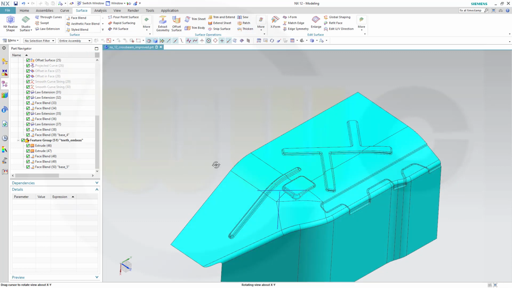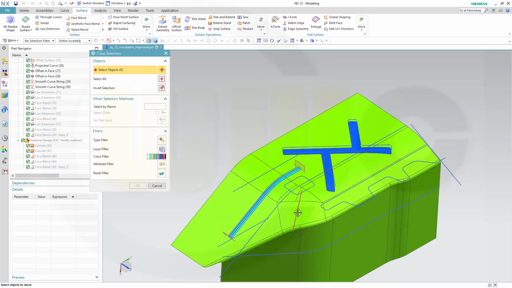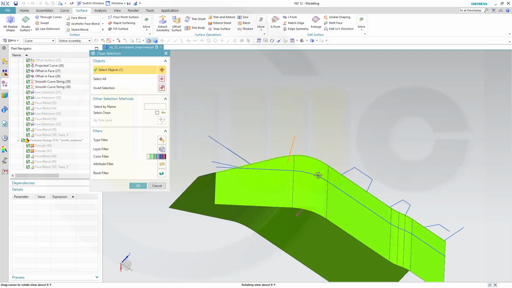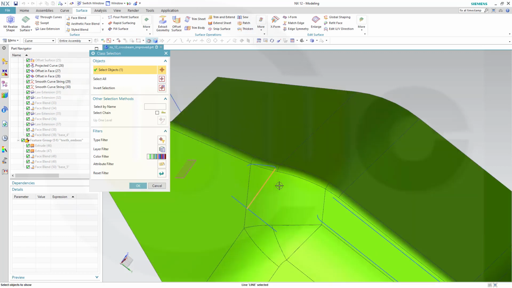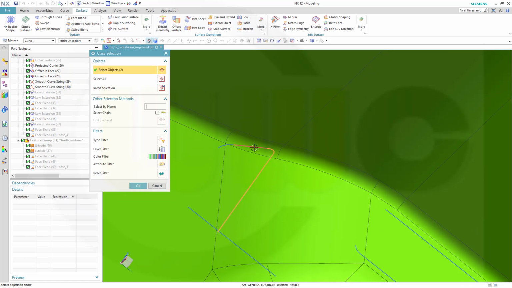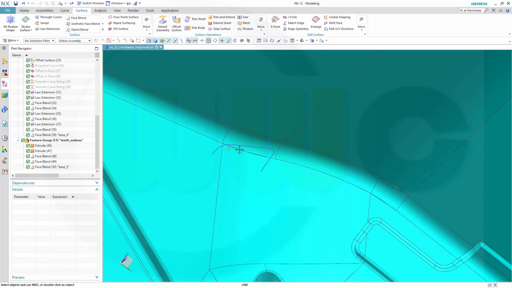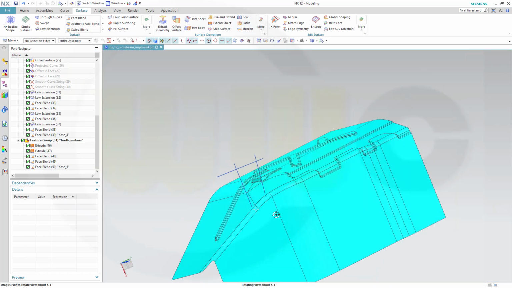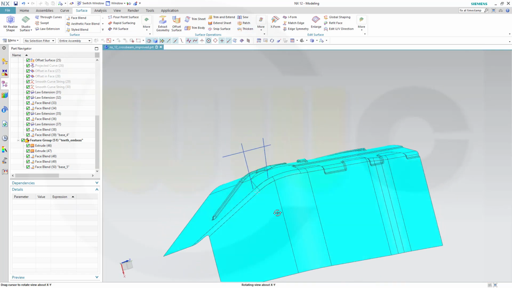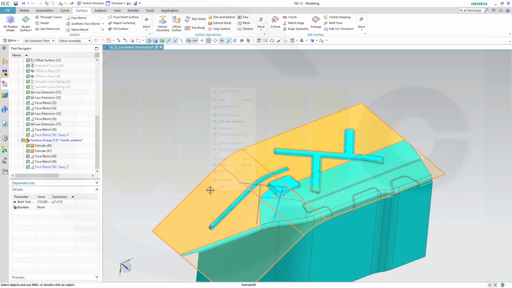Okay, here I need the complete curve, so this curve, yeah, doesn't select it completely, so I go there and select these as well, and okay. Good, let's hide that one